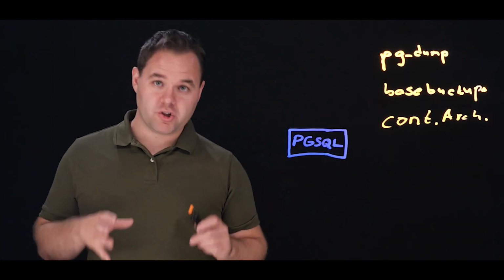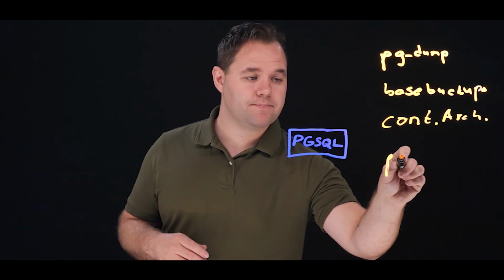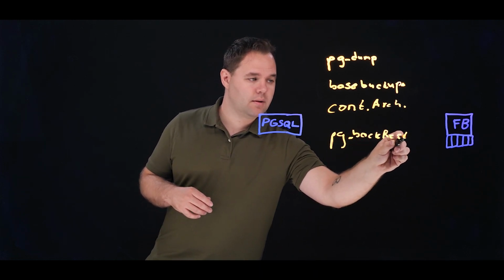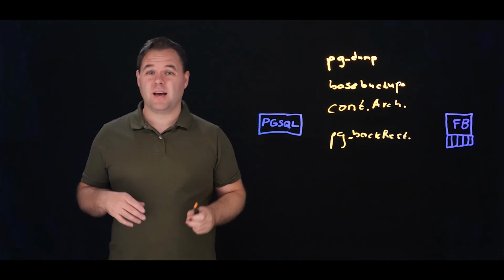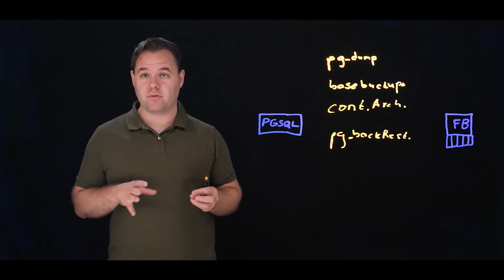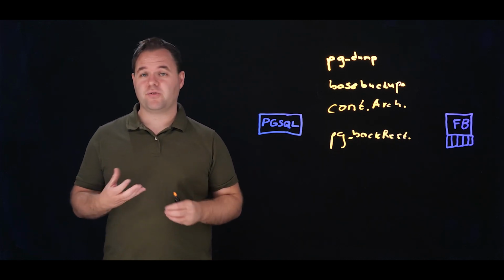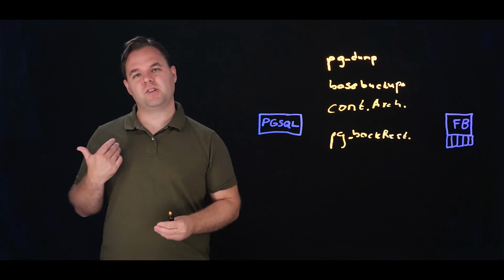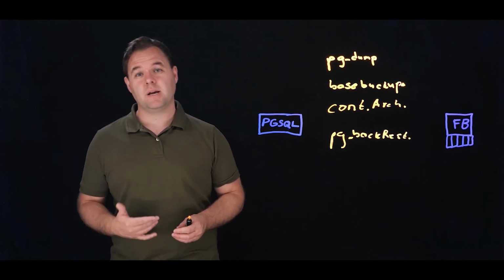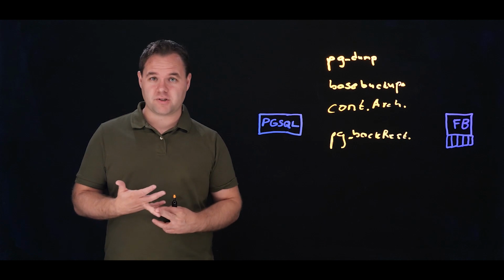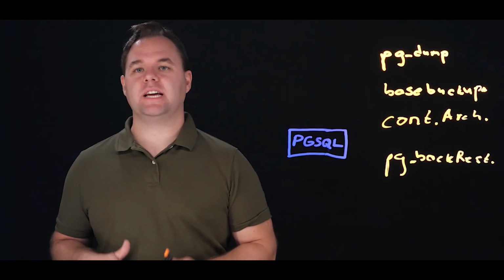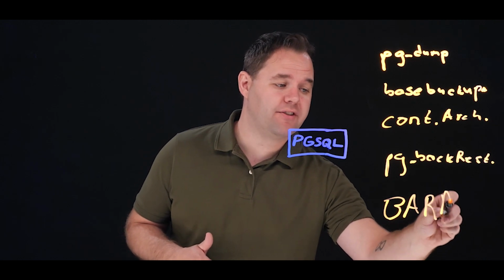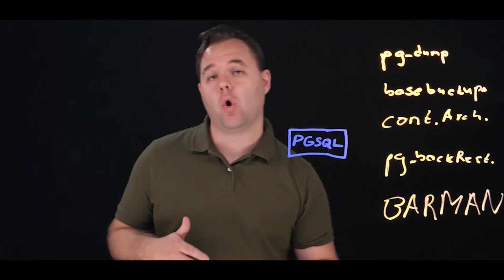The fourth tool we're going to talk about today is pg-backrest. pg-backrest is a fully featured backup and recovery tool. It has capabilities for encryption, differential backups, incremental backups, as well as support for different repositories based on different storage mediums, such as file storage or object storage. The final tool I'm going to talk to you about today is Barman. Barman is incredibly similar to pg-backrest, sharing a significant number of the features and forms, but is also very popular with the community.